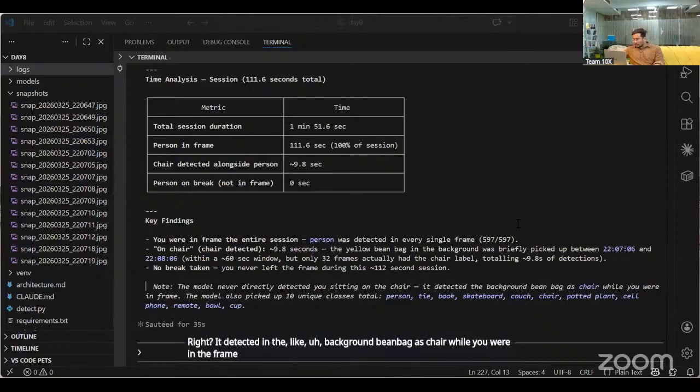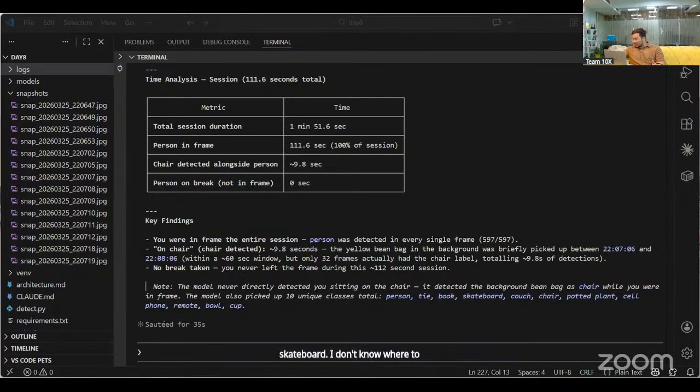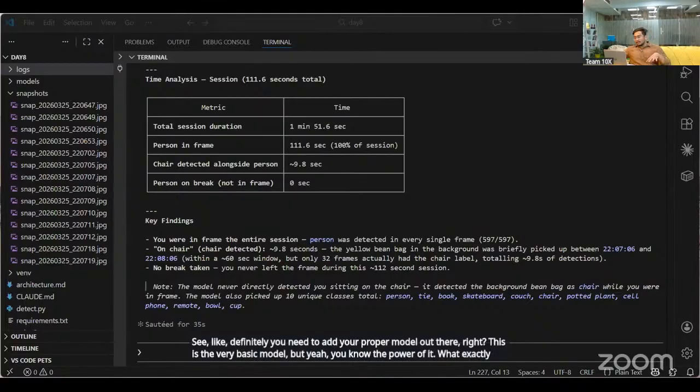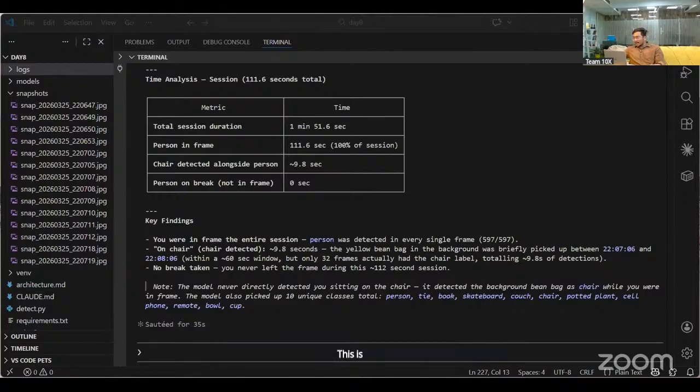The model also picked up 10 unique classes in total: person, tie, book, skateboard, I don't know where to find that skateboard, couch, chair, potted plant, cell phone, remote, bowl, cup. See, you definitely need to add your proper model out there. This is a very basic model, but you know the power of it. What exactly I am here, what exactly I'm going to do, and what exactly you need to remember: this is the power of agentic analysis. Now